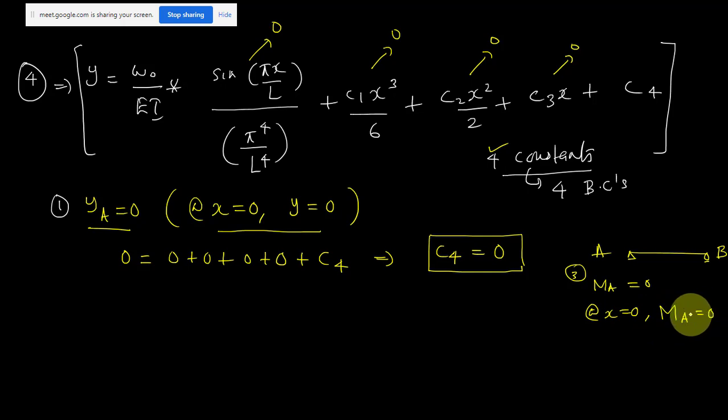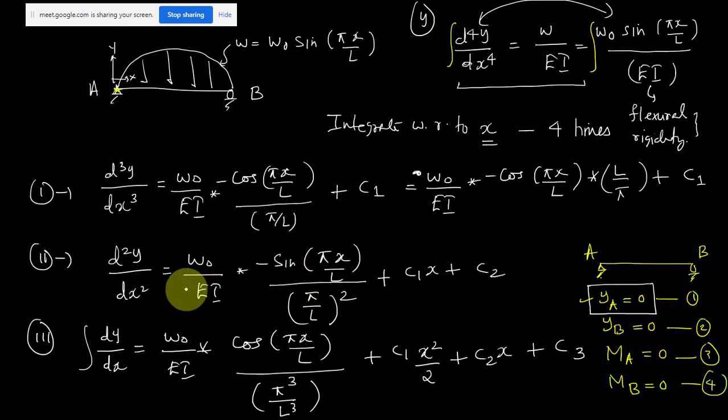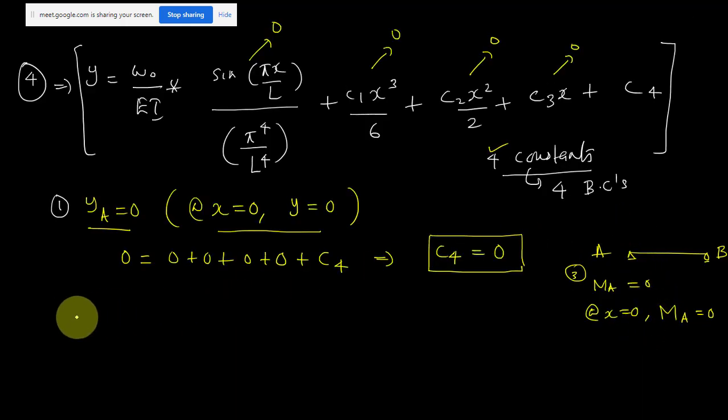So what is the moment? What is the relation between moment and this term d square y by dx square? Because the moment, you already know the equation for it. That is, we are applying the third boundary condition. m by EI is equal to d square y by dx square, correct? Your moment curvature relation. So I can also write m is equal to EI into d square y by dx square.